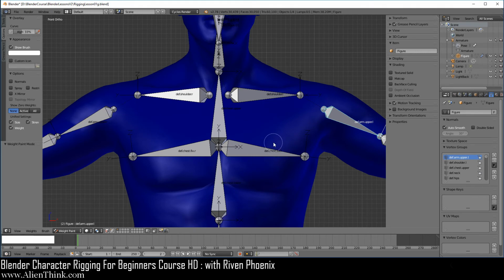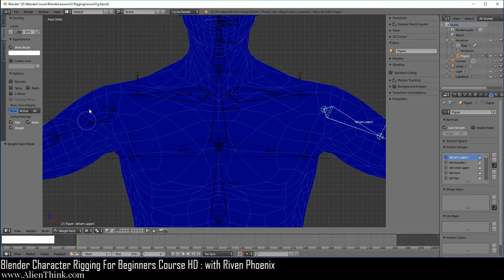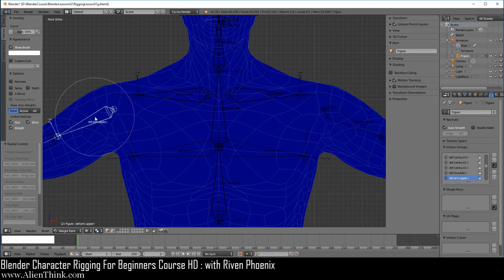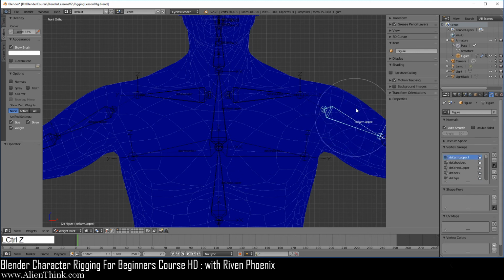Okay, so now press the Z key to go into wireframe, right? So you know what this is going to do now, right? So go ahead and have this bone selected, and right now we are not going to have this on. Press the F key to increase this, go under tools, make sure that this is on add. Now of course if we click over here to add vertices to this vertex group, because we have the bone selected, now if we click over here on this bone, you'll see that nothing's going to happen because we don't have this on. Do Control Z, do Control Z to undo this.